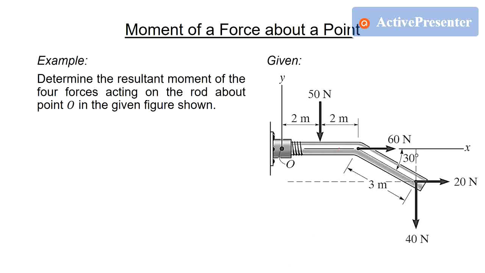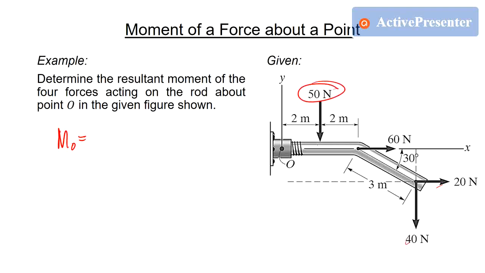So let's have a more complex problem. In this problem, determine the resultant moment. When we say resultant, you have to calculate the combined moment of all the forces present on the system, which is 4 forces acting on the rod about point O, in the given figure. About point O, you can cancel this one out because this force is passing through the point. So we will only have 3 forces left: 50, 20, and 40. To calculate that,